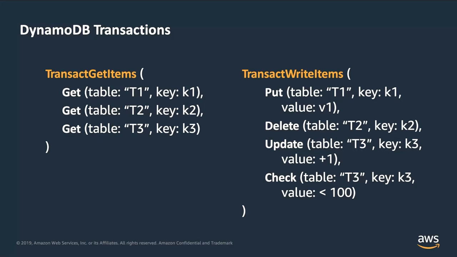Okay, the next one is the transact write item operation. The transact write item operation allows multiple items to be created, deleted, or updated atomically. And each such transaction contains a write set with one or more put, update, or delete APIs. And the items that are being written can reside in, again, any number of tables. The transactions may optionally include one or more preconditions, like you can check